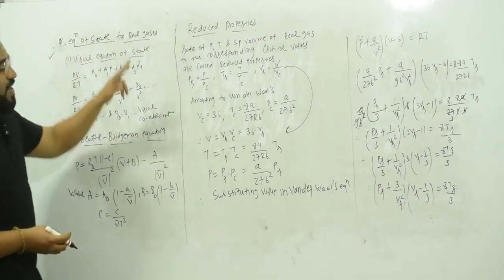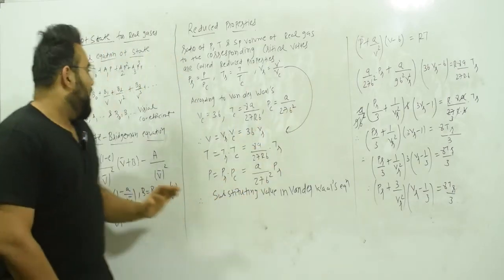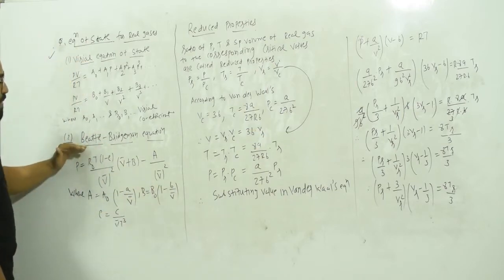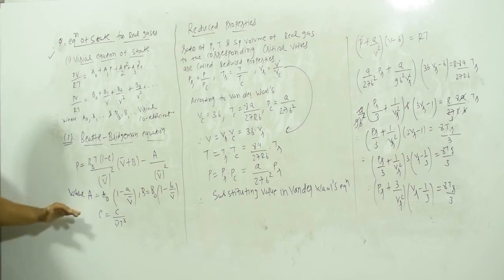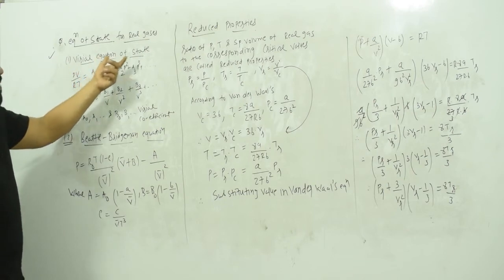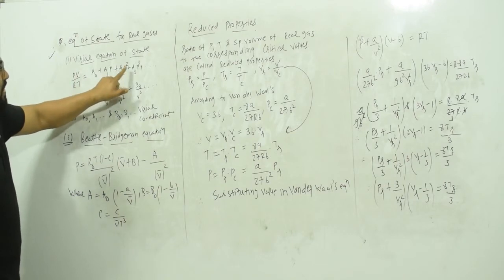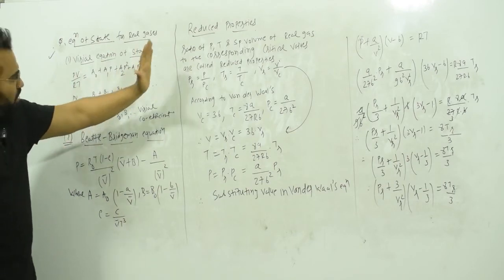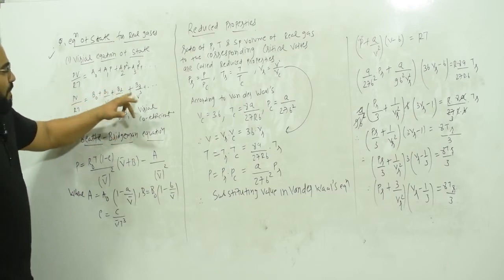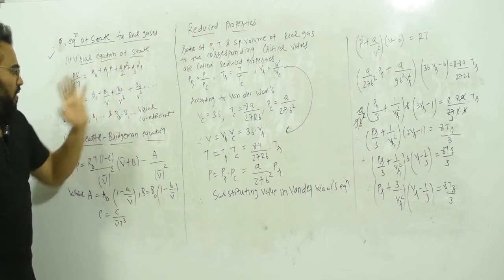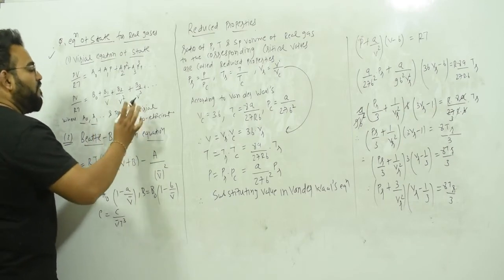So the equation of state for real gas can be found in 3 ways: the van der Waals equation that we have already derived, and the real equation and the Beattie-Bridgman equation. There is no explanation and no derivation in this book, so this is just a statement and we have to mug it up. The real equation of state is something like this: PV upon RT is equal to A0 plus A1P plus A2P square plus A3P cube plus so on. Or PV upon RT is equal to B0 plus B1 by V plus B2 by V square plus B3 by V cube plus so on, where A0, A1 and so on, and B0, B1 and so on are the virial coefficients.